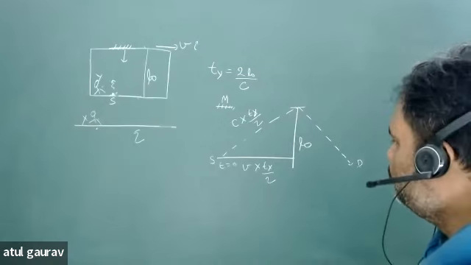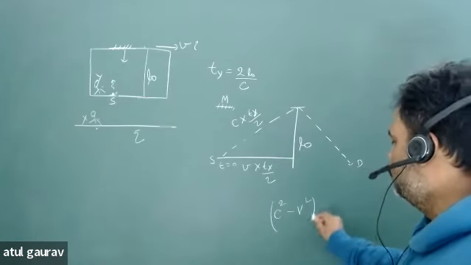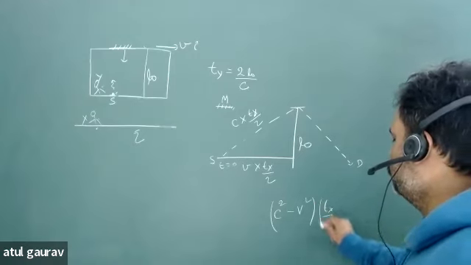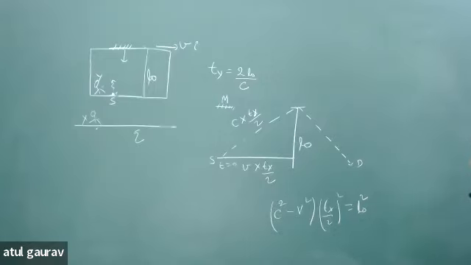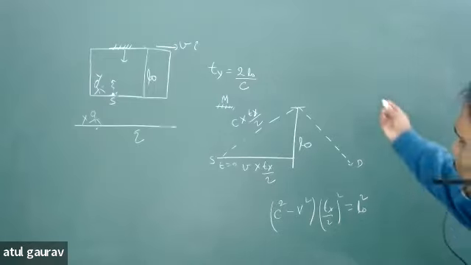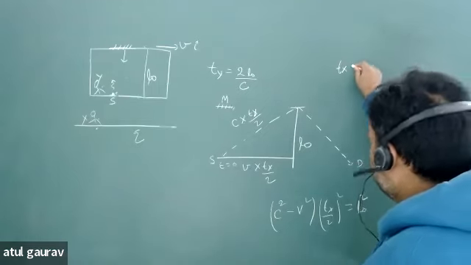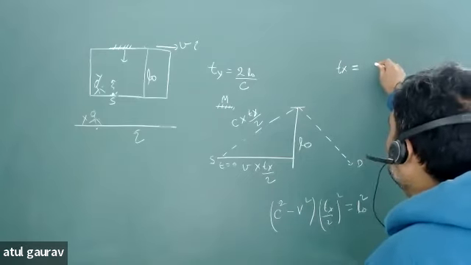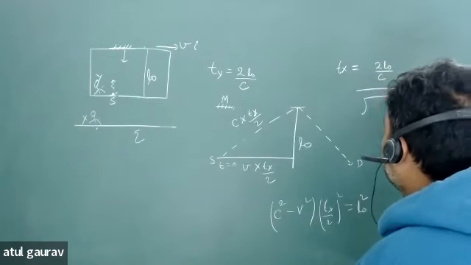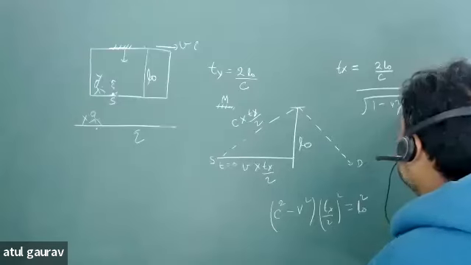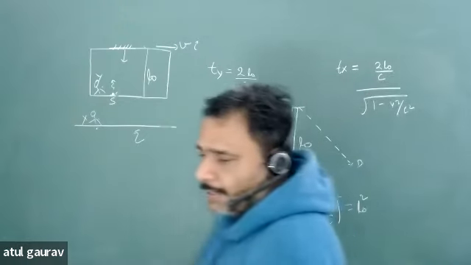So when you are going to use Pythagoras theorem, you have c square minus v square tx by 2 whole square is equal to L naught square. ठीक है? And now tx can be written as 2L naught by c root under 1 minus v square upon c square. जरा देखो मैंने सही लिखा या नहीं? इसको नीचे ले गए, c को कॉमन ले लिया, ऊपर ले गए.